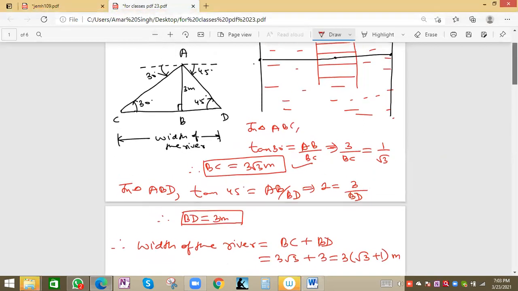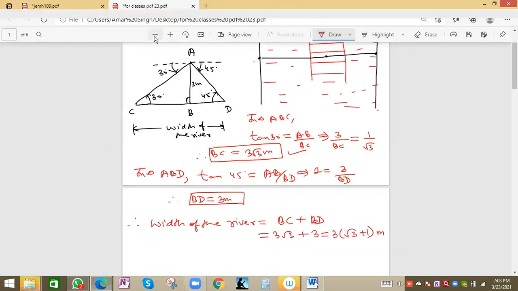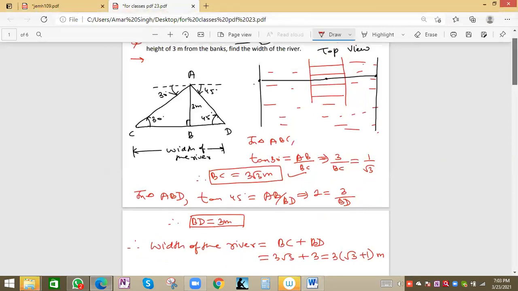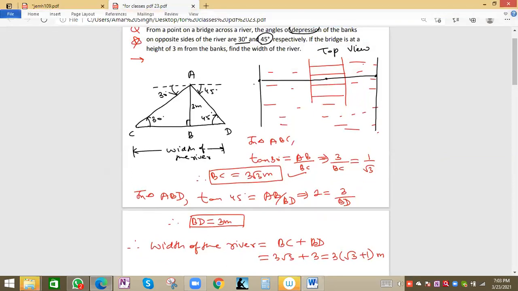Most important is to draw the correct diagram, and from that you can use this. We can imagine this is the bridge and this is one point on the bridge, and the edges of the river will be the endpoints. Endpoints are the banks, or you can say the edges of the river. So these 2 points we can observe from this one point on the bridge. If you properly draw in 3D, this will be the top view. The actual diagram will be this one.